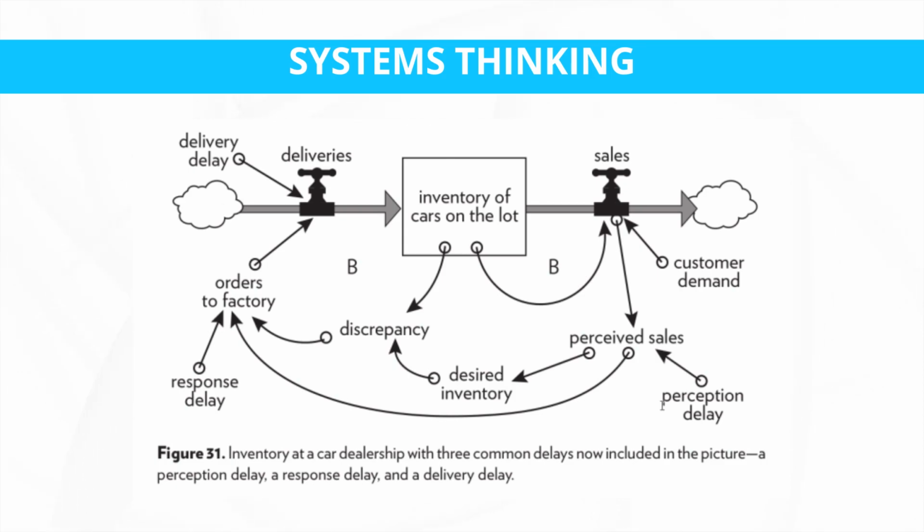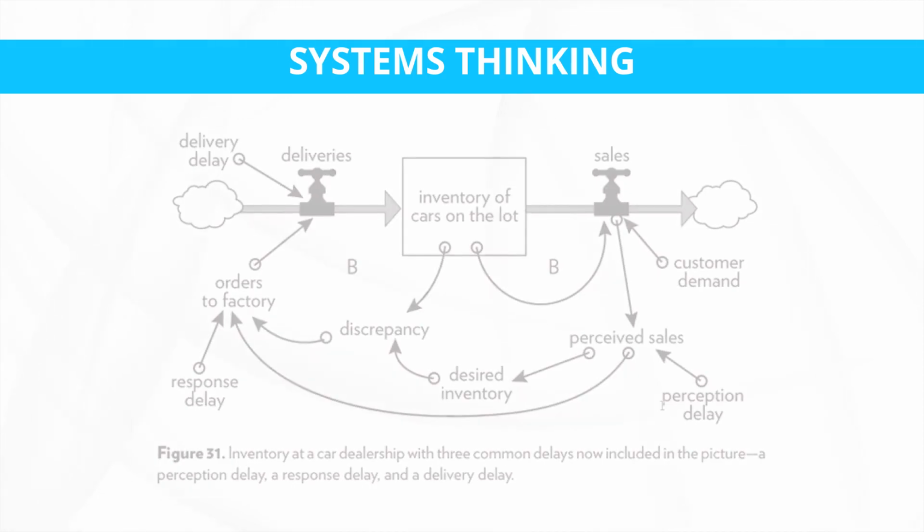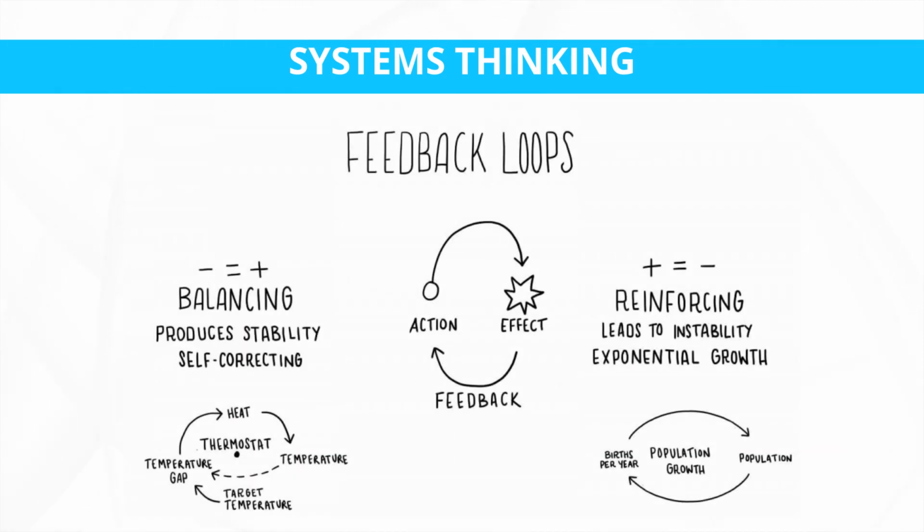Recognize how changes in one element can influence others and result in feedback loops, which leads us to our next step of distinguishing those feedback loops. Identify and characterize different types of feedback loops within the system, reinforcing loops that amplify effects and balancing loops that seek out to maintain equilibrium.